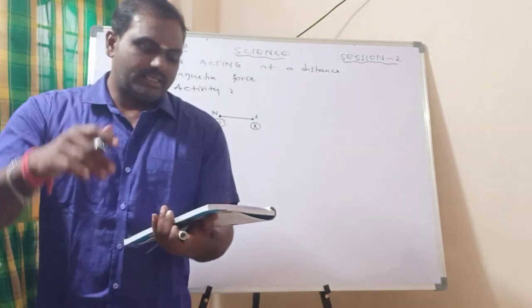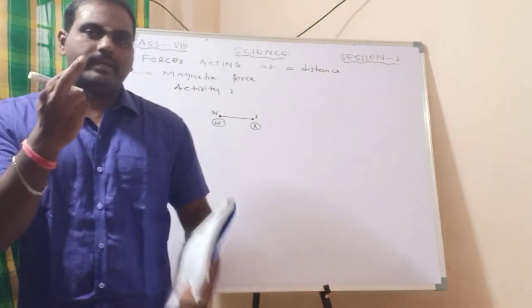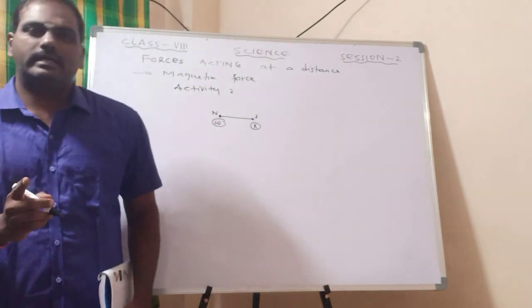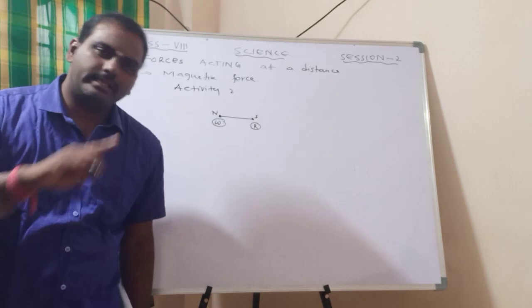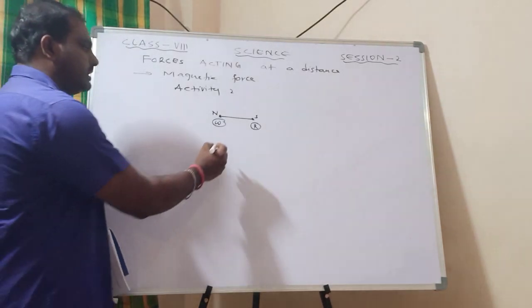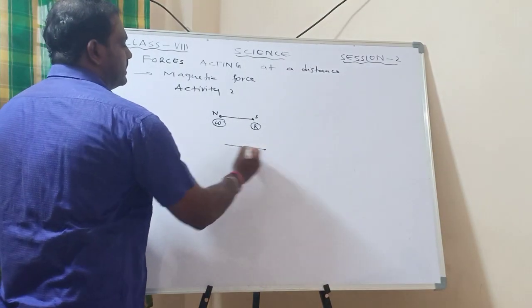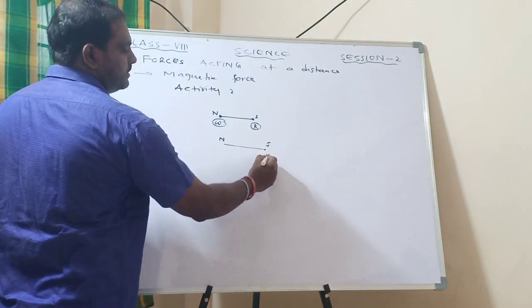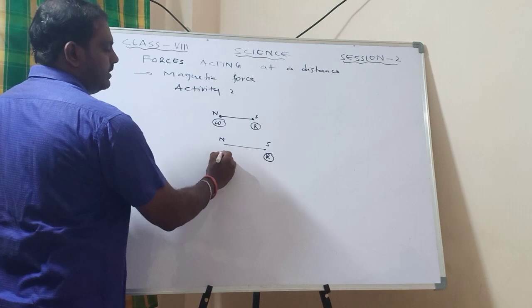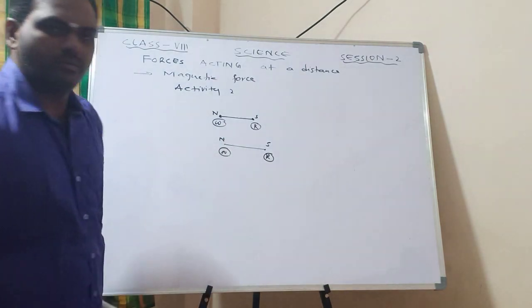Make another needle in the same way. So that means we have to make two needles. One needle, first rub it and mark the north and south direction, and make another needle also in the same way. So that means it will also have a north and south pole. For the south pole, a red cork ball, and for the north pole, you just leave it white.